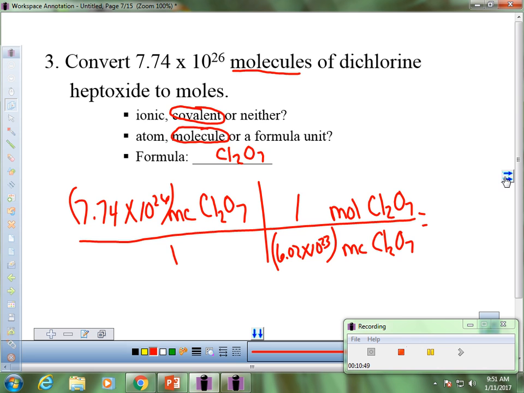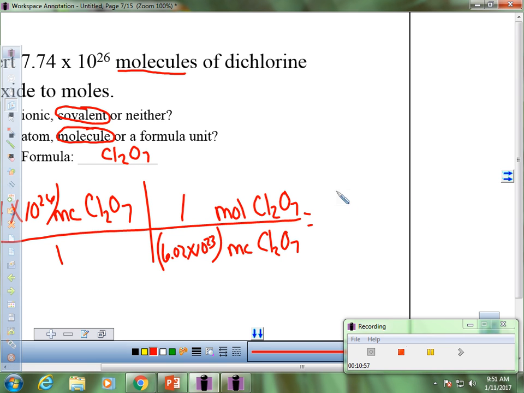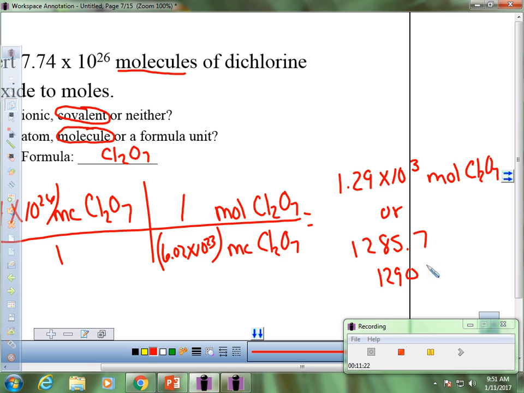In your calculator, if you have it in scientific and rounding to 3 numbers, it would come out to be 1.29 times 10 to the 3rd. And then our unit would be moles of Cl2O7. Or if you're not in scientific, your calculator is going to give you 1285.7. We could round that to make it have 3 numbers to 1290 mole